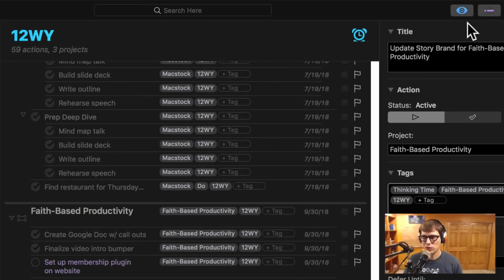But this gives me, at a glance, what I'm doing in my 12-week year, and obviously I can change the view here between things that are available. So if I wanted to pick something to work on next, or right now I've got everything that falls into my 12-week year. I kind of like this one because it shows me what I've accomplished and also what I've got left. Whereas if I just had a big list of things that I needed to do, especially as you get towards the end of the 12-week year,